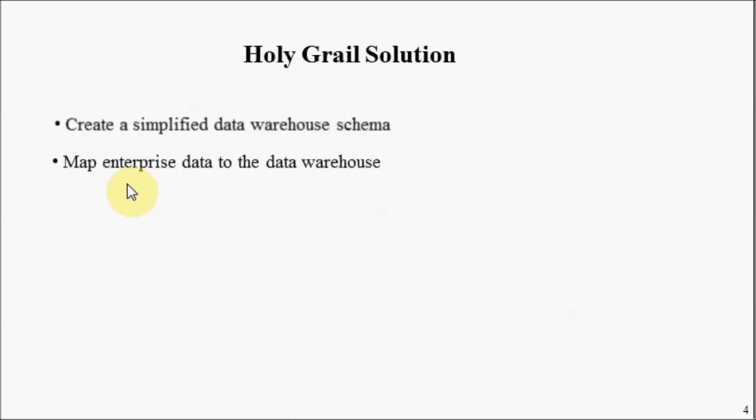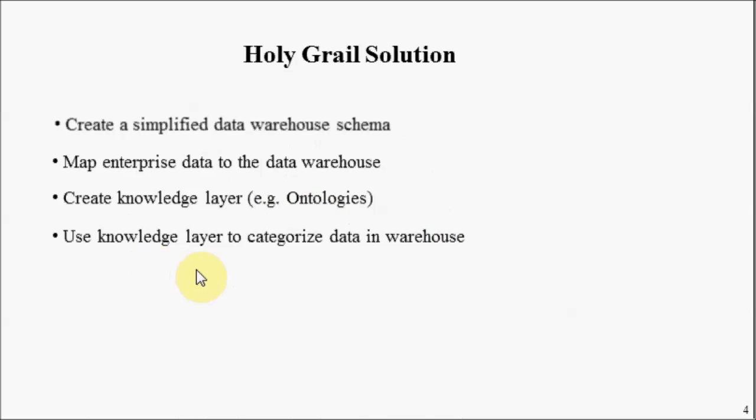Let's take a look at a set of architectural steps that solve the information systems challenges identified on the previous slide, and in doing so, deliver what I've identified as the Holy Grail of IT. First step is to create a simplified data warehouse schema, followed by mapping that enterprise data into that data warehouse, creating a knowledge layer using something called ontologies, and using that knowledge layer to categorize data in the warehouse,